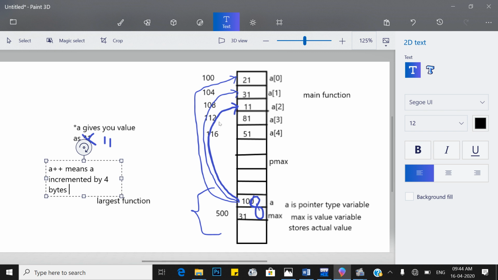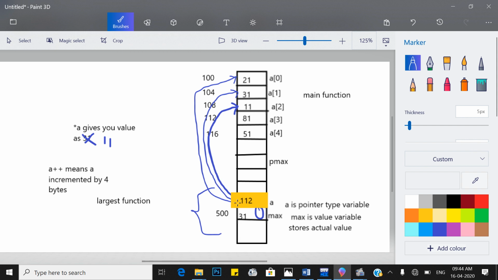So now A stores address 112. Okay, so what does 112 give us? What value? The value at 112 gives you 81. So pointer A gives you the value 81.